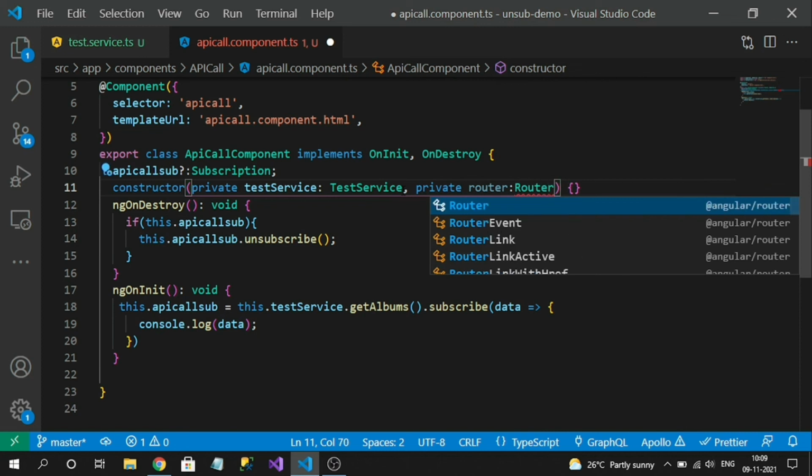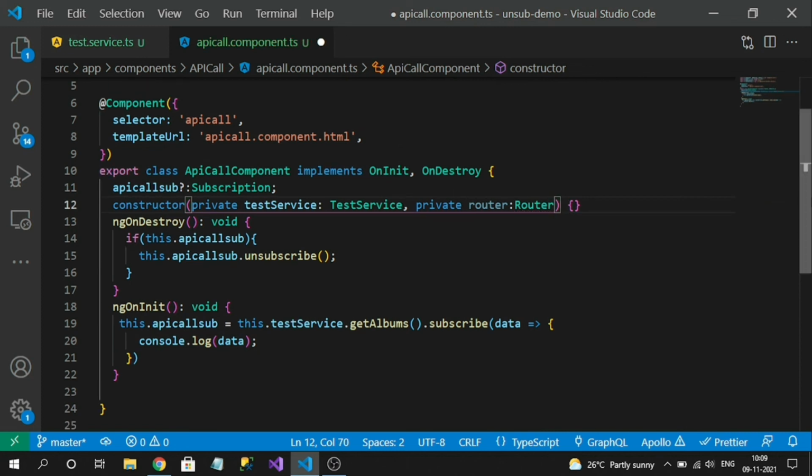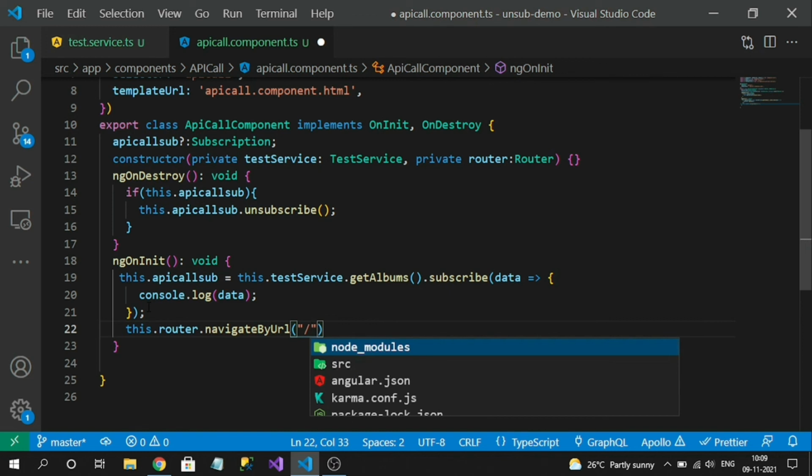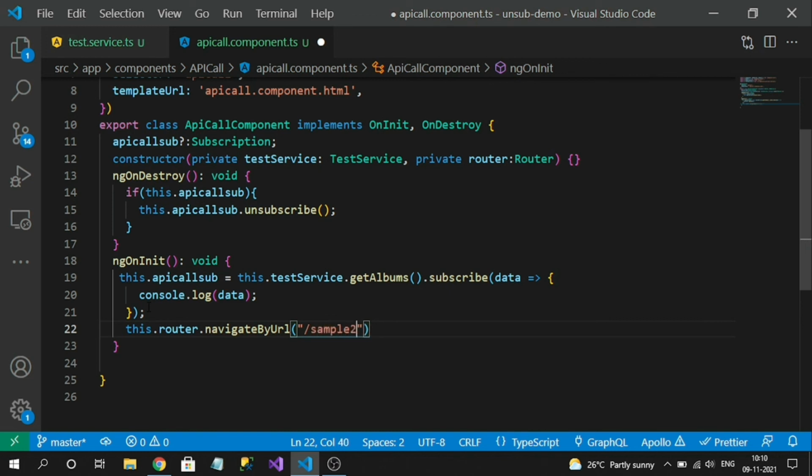This is for testing purposes only, because before our action executes, the API call is returning. So I will use this.router.navigateByURL, and here I will pass my URL, that is sample. Let's hope this will work.